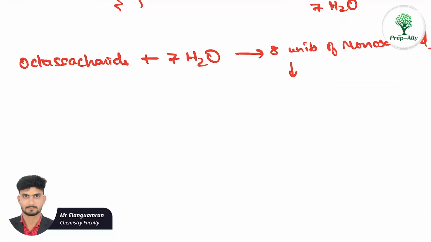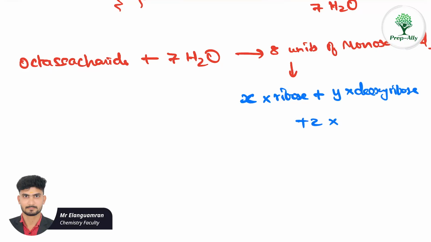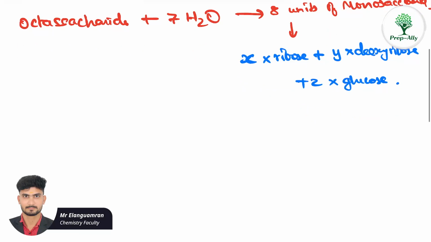I can split it as X units of ribose, Y units of deoxyribose and Z units of glucose. Okay, now